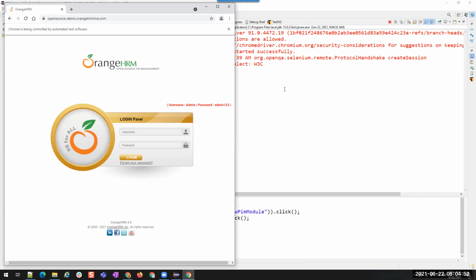It is not going further and entering the username. You see, it will not enter. And after the 30-second duration, it will throw us an exception. Expected condition failed. Now you will understand it. And after this, again, I'll run so that you will see the difference.